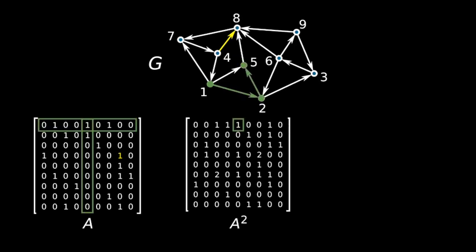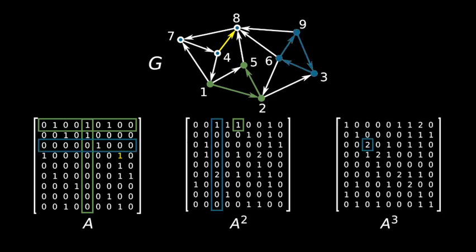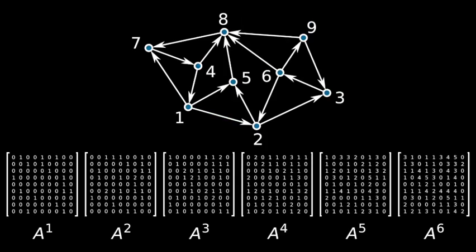For instance, the green walk from 1 to 5 via 2 leads to a 1 in row 1, column 5 of A squared, which is the dot product between row 1 and column 5 in A. Similarly, and now it gets interesting, the blue walk, connecting vertex 3 back to itself, appears as a non-zero diagonal entry in A cubed. Let's do this all the way to A to the power 6